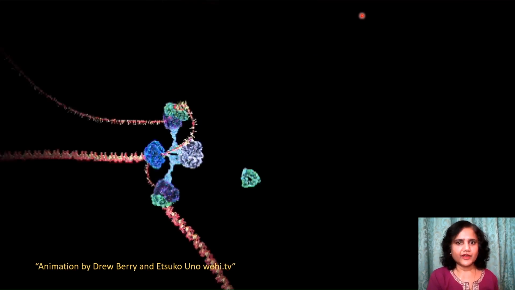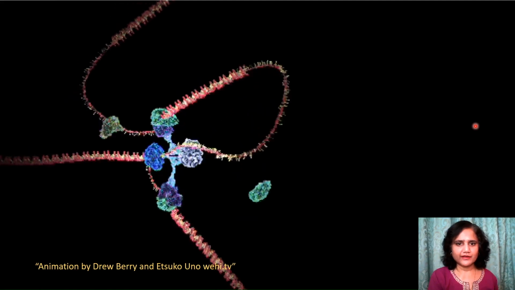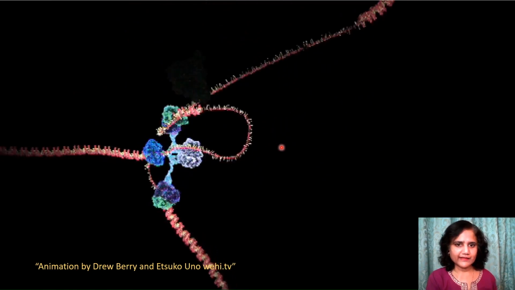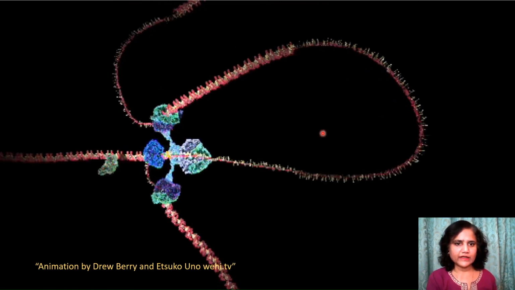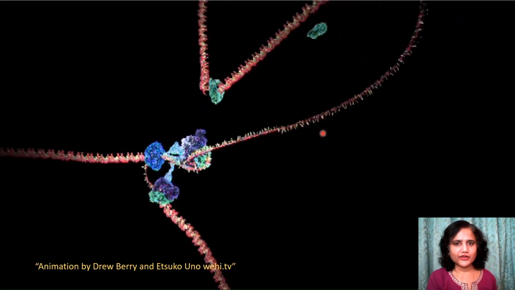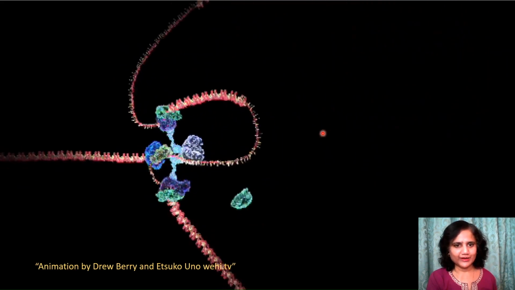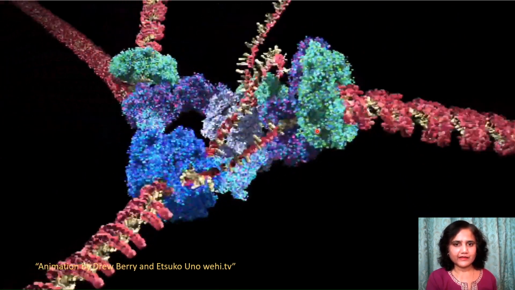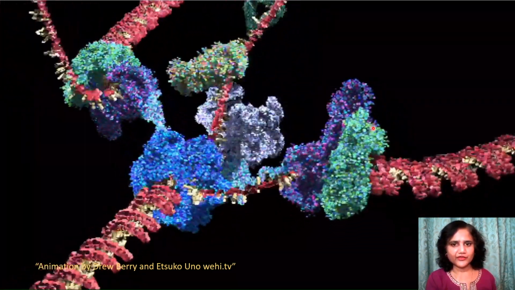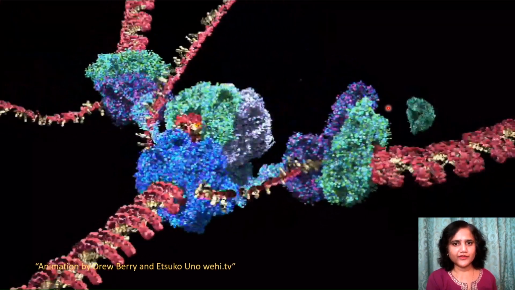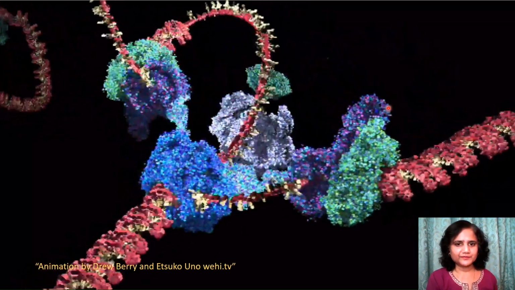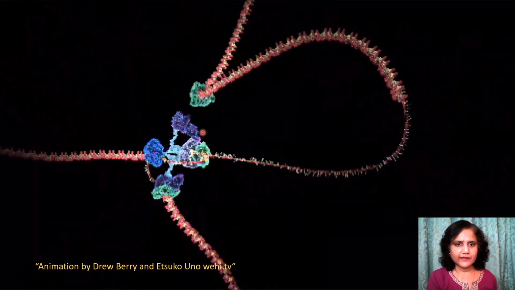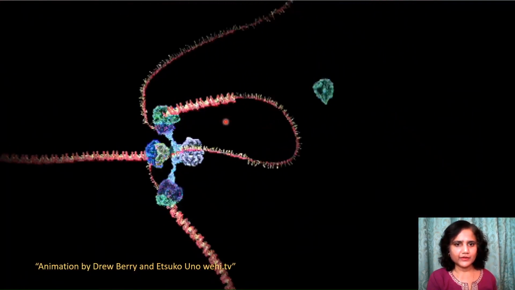I think we have covered that entire animation. So here you can see this loop which increases in size, and that's seen on the lagging strand only, and this model of replication is referred to as a trombone model, after a musical instrument where you see such an increasing size of one of the parts of the instrument. So here's a helicase, there's the yellow primer and the clamp loader.